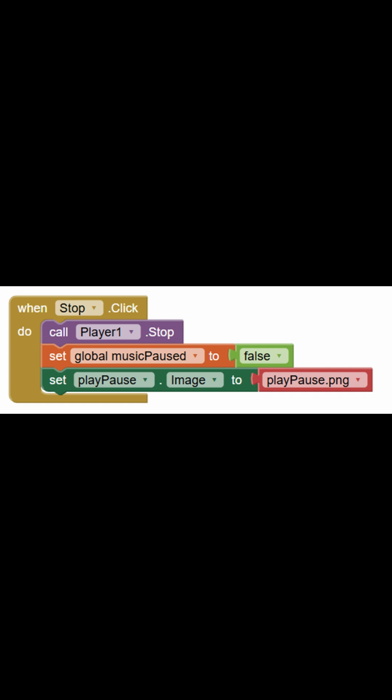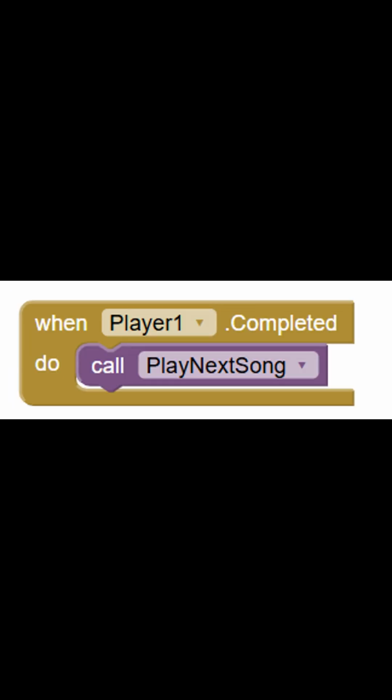Player1.completed is an event handler for when a song finishes playing. When the player1.completed event is triggered, meaning the current song has finished, it automatically executes the call play next song block. This block calls the play next song procedure to load and play the next song in the playlist, creating